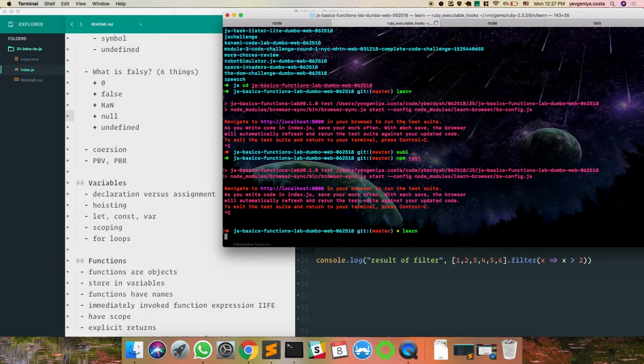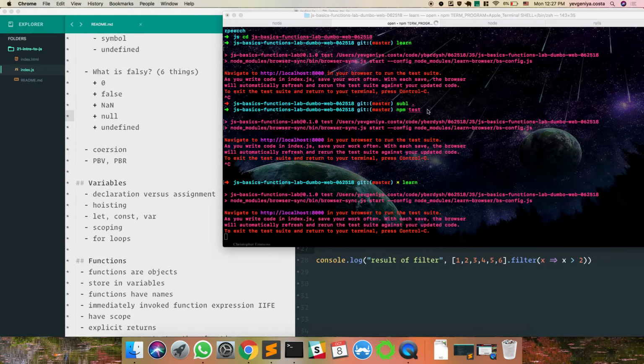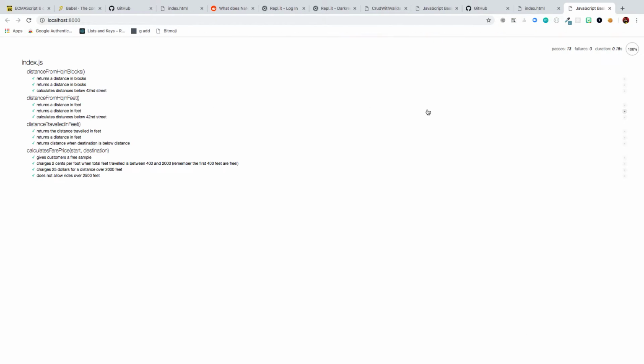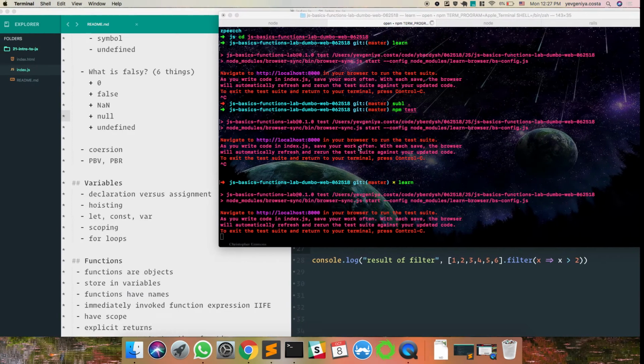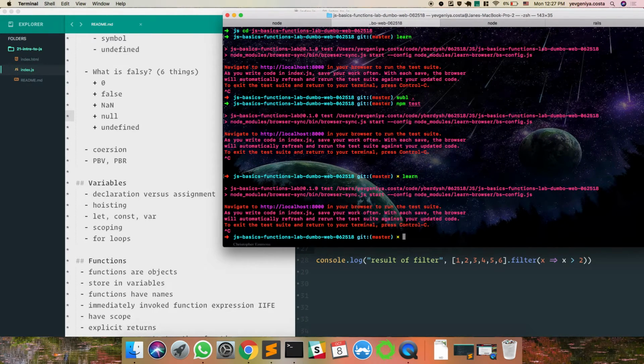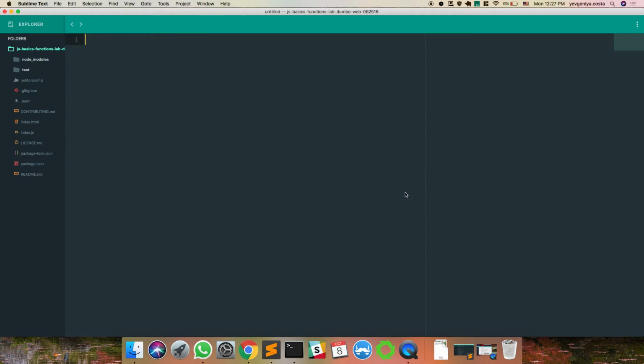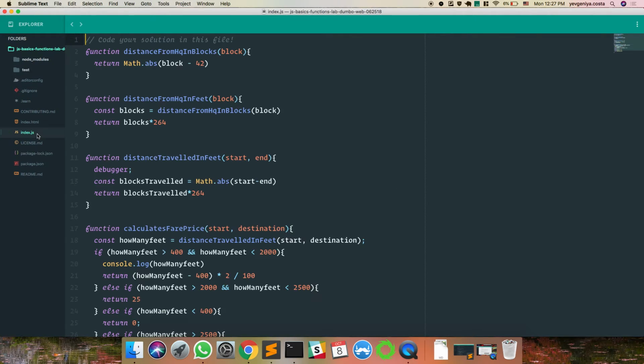If I run learn, it opens up the testing environment, which is in the browser. If I go in here, I can see stuff. But say I open this lab. Things are broken. I don't know why. I've thrown a debugger into one of these functions.